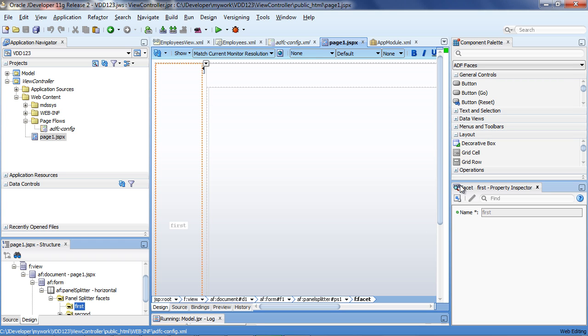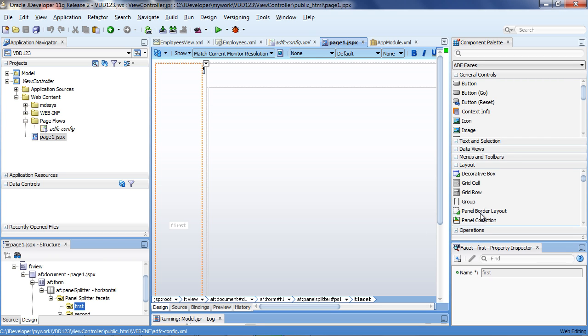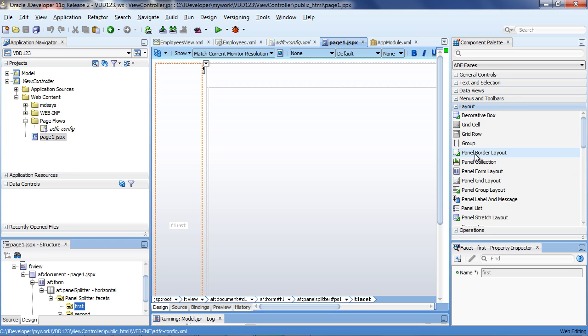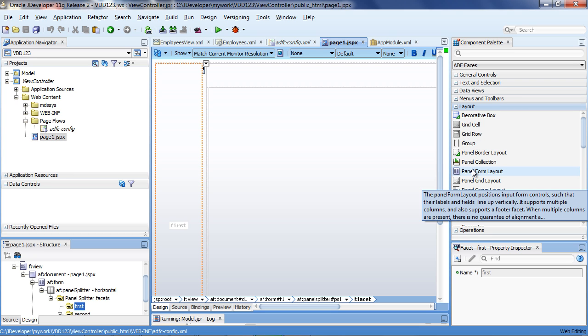And here's your page. And just like forms, we have a bunch of components that we have available. So we have lists, we have lists of values, we can have layout components which help manage how information is laid out in the page.